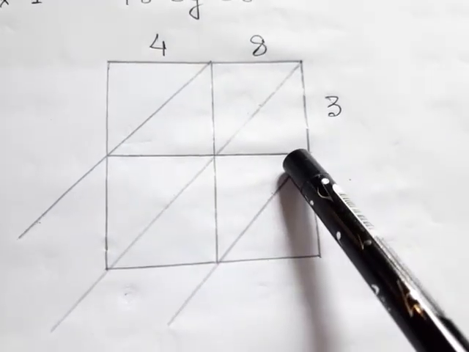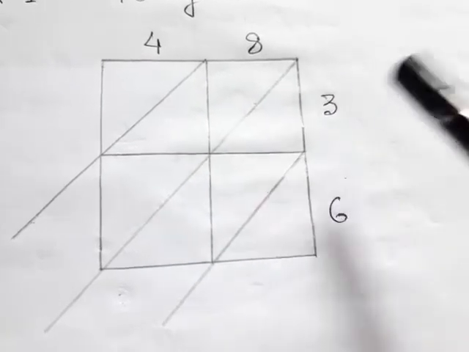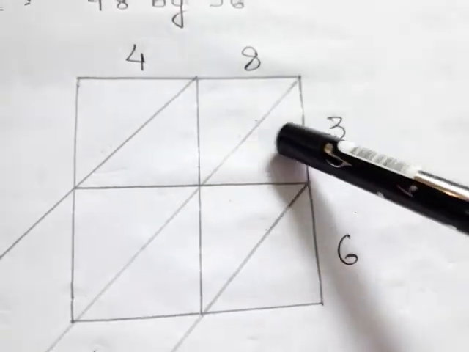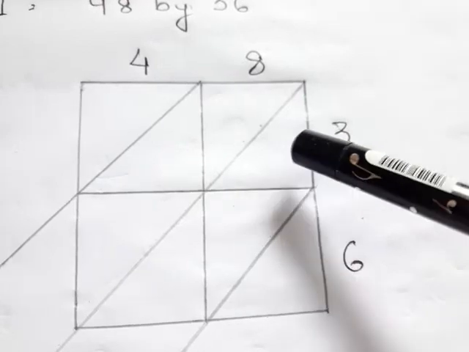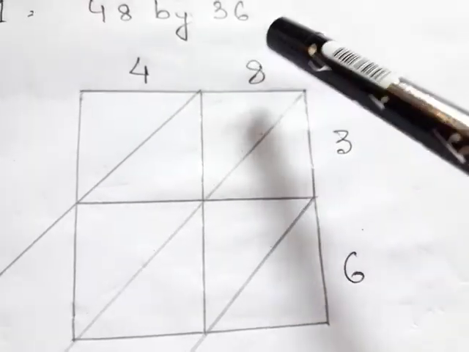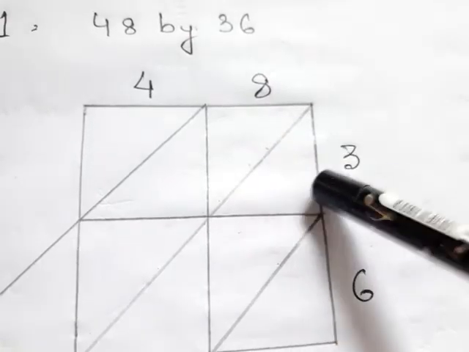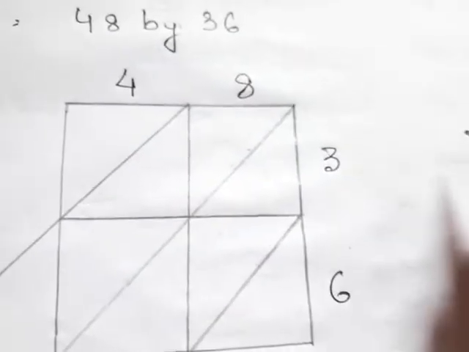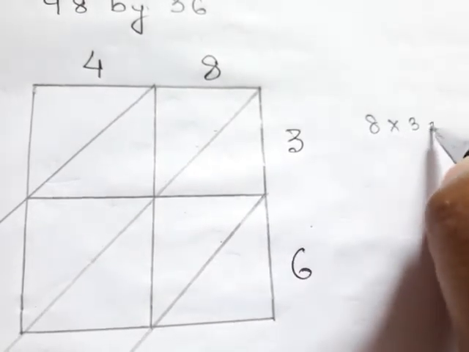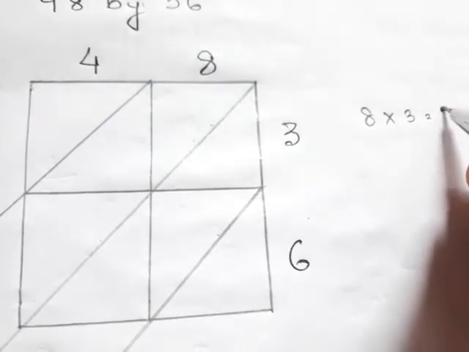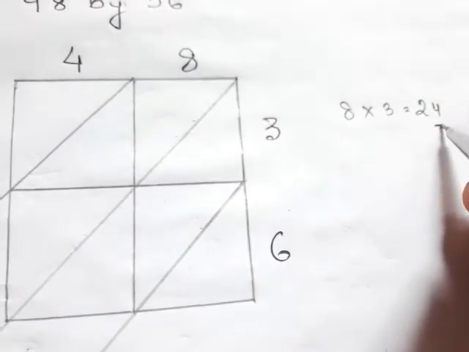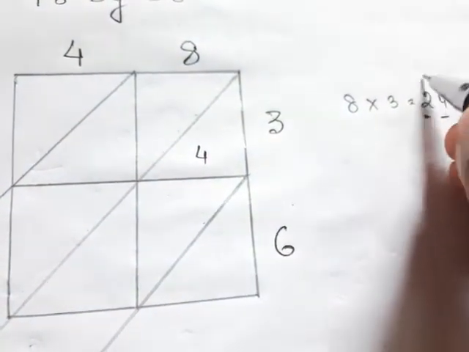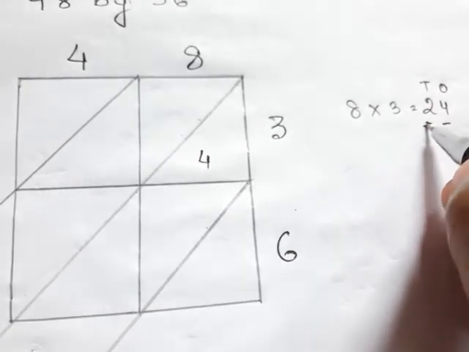Then I have to keep one thing in mind, that my tens position is in the upper part and the ones position is in the lower part. Clear? Now let's take one digit of the multiplicand and multiply it with one digit of the multiplier. So 8 multiplied by 3. 8 threes are 24. So 4 is my ones, so I'll write it here, and 2 is my tens, isn't it? So 2 is my tens house, so I'll write 2 here.